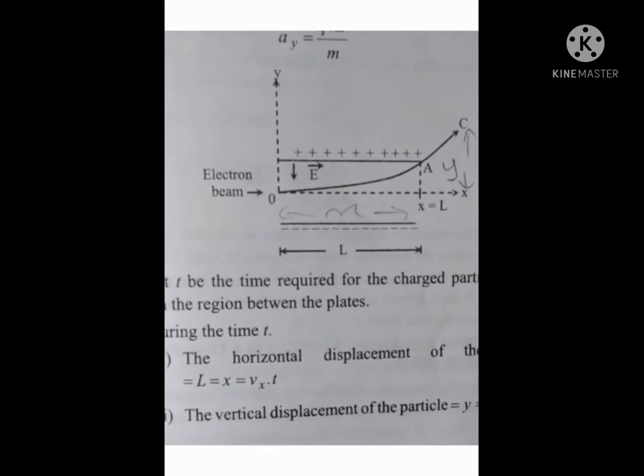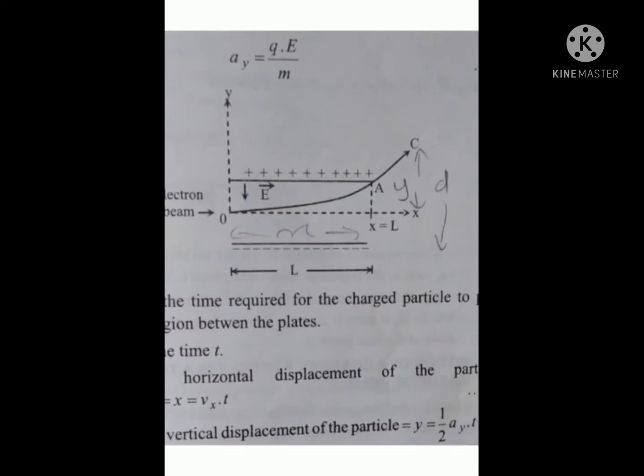In this diagram we can see that from O to A the path shown in the electric field is parabolic. And hence an electron describes a parabolic path in the region of the transverse electric field. The beam describes the path OA as a parabola, as we saw. When the particle emerges from the electric field, it travels along the straight line AC, tangential to the parabola at the exit point A.